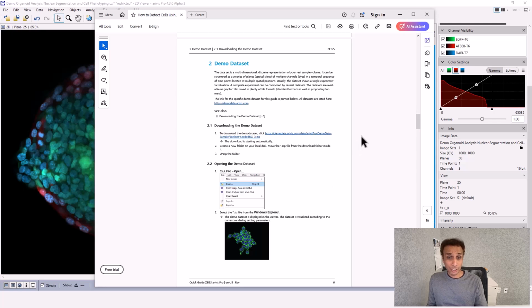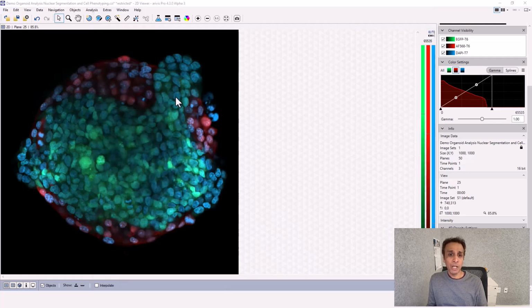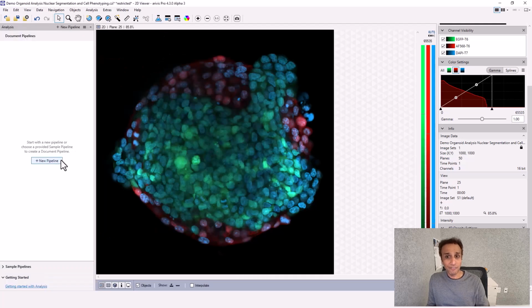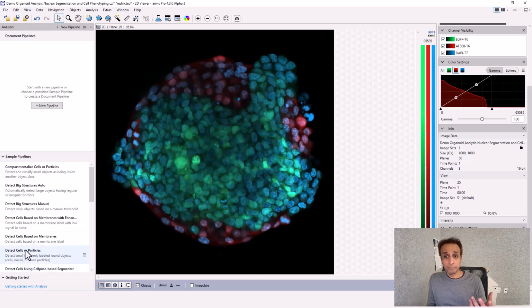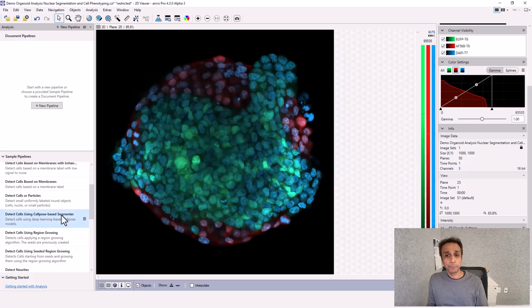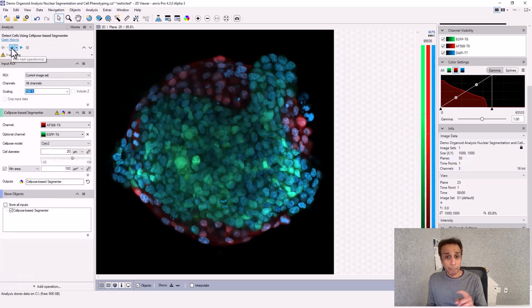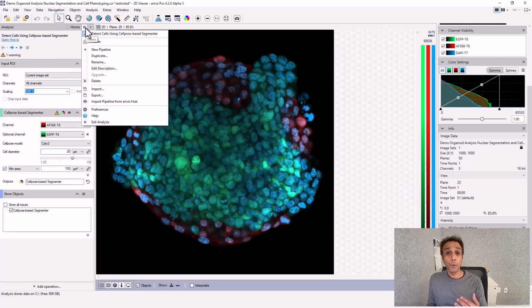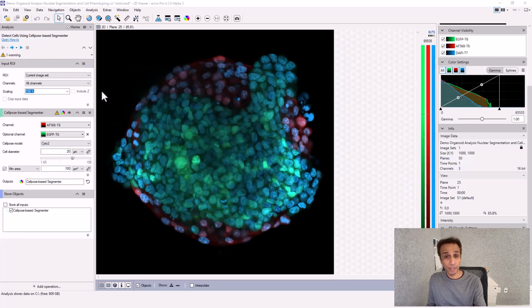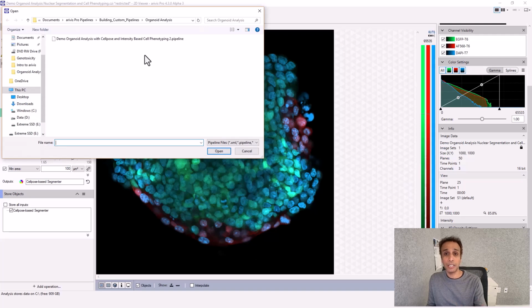Now that the dataset is open, let's have a quick introduction to the analysis side of it. Click the flask icon at the top that opens up the analysis panel on the left-hand side. And you can create a new image analysis pipeline or explore by loading a sample pipeline. You can run the pipeline step by step or run the full analysis. You can also import a preconfigured pipeline that you created at an earlier time or that someone else shared with